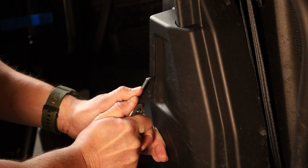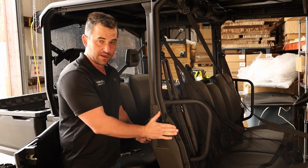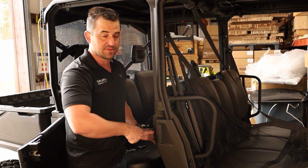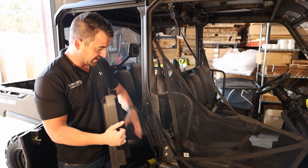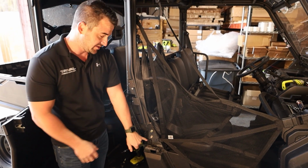So we would cut that out so that we can slip our bracket in behind there, and it sticks out this way. We do it before we undo any of these screws because the screws hold the plastic in place and make it a lot easier to cut. So we've cut this out, we've taken our plastic cover off, and now that we've got our plastic cover off on the front section,